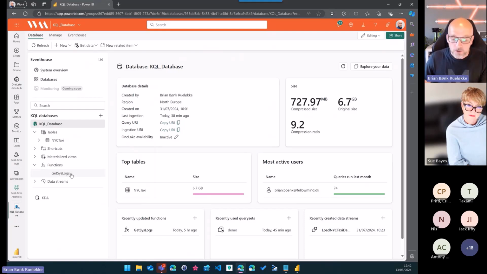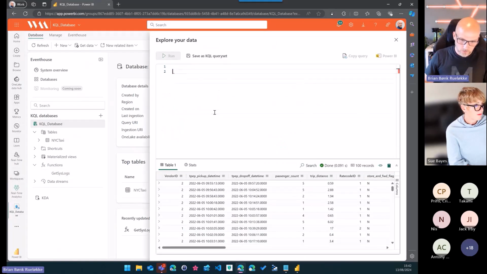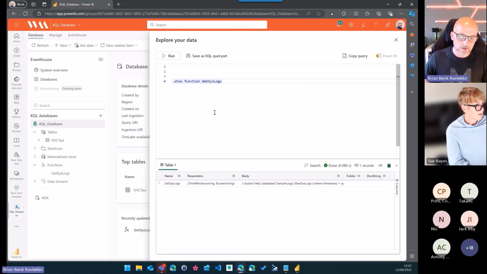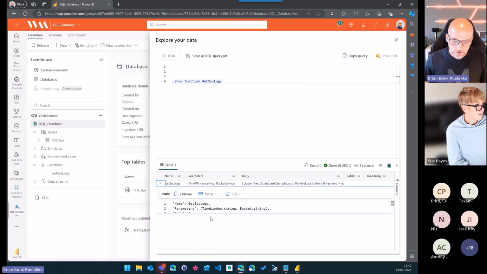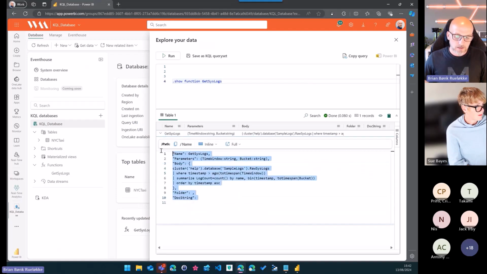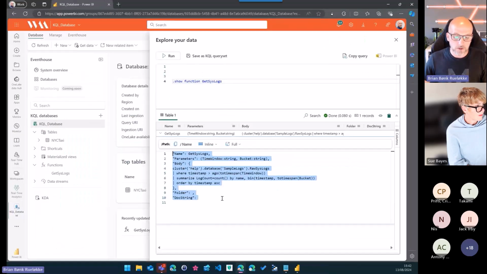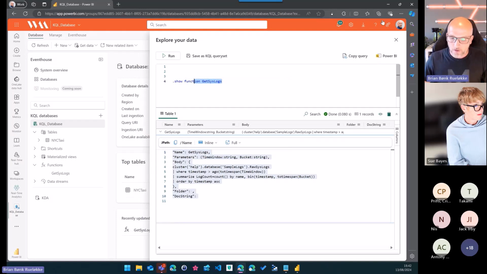So if you create a function in Kusto, please document it, because yes, of course you can get to it, but it is not easy. I need to do this show function, and then I need to get syslogs, and then I can execute it. Then in this strangely looking JSON object, I get the result of the function that I just created. So please document it. It is way easier to read it from a Word document than to write this function every time I need to figure out what it does.